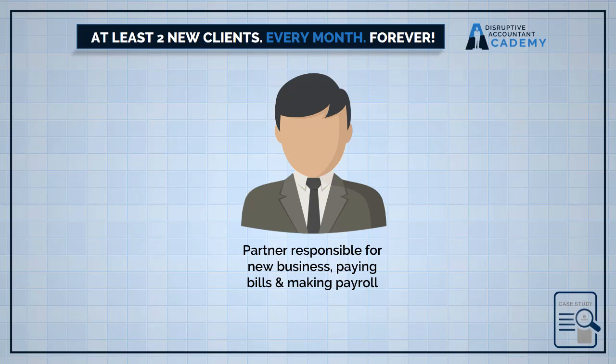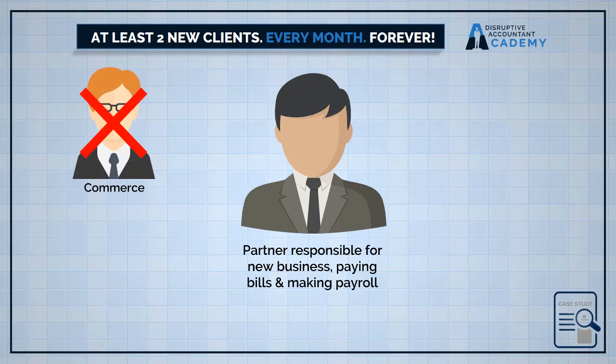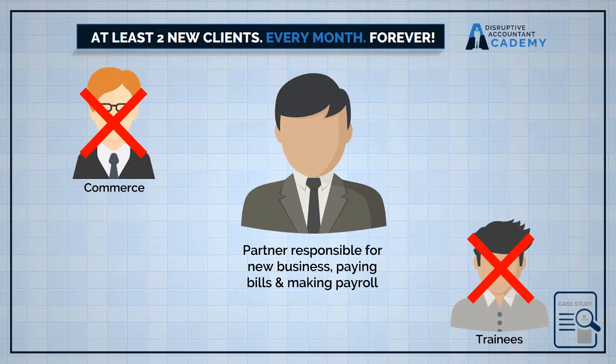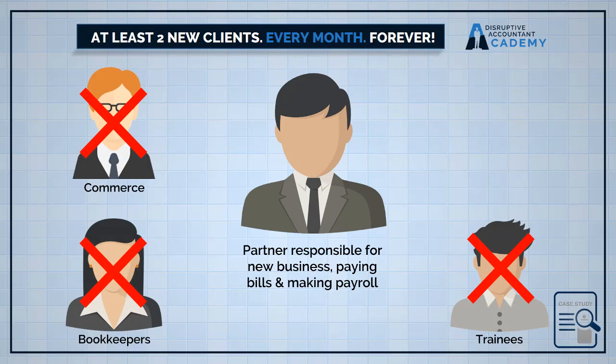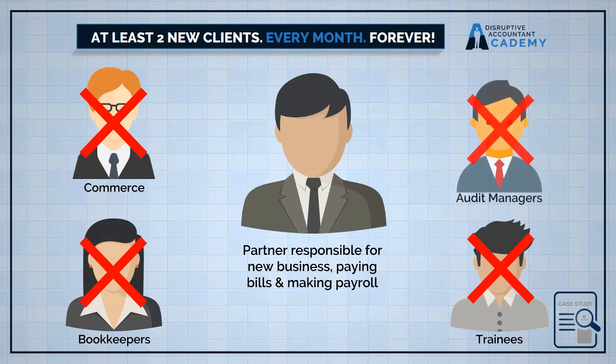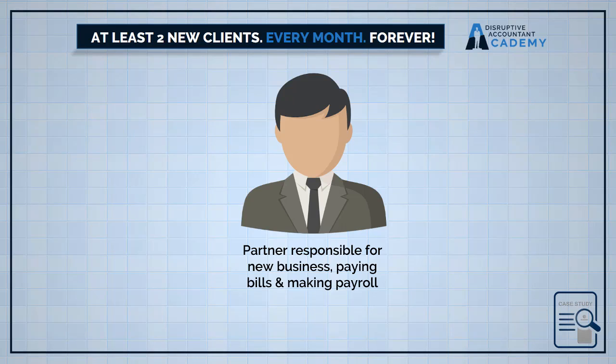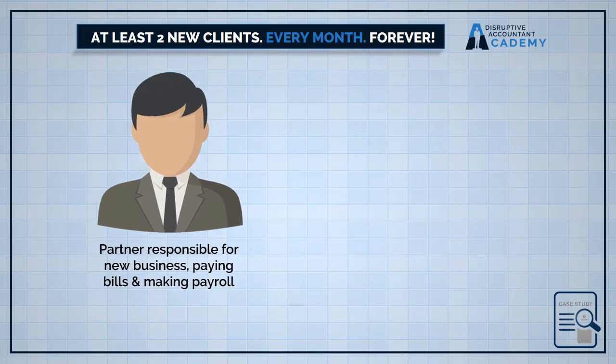For example, my product was not suitable for accountants in commerce and industry. It was no good for trainee accountants. And it also didn't really suit most bookkeepers that were not working for themselves. And it was no good even for managers in auditing firms. So I had to go ahead and I asked myself the $1 million question. And the $1 million question is, who has access to my ideal clients?